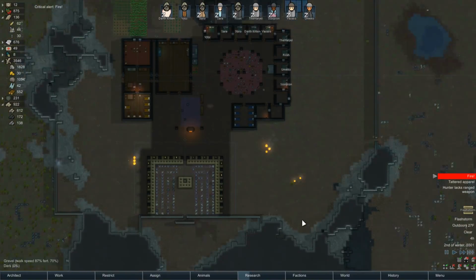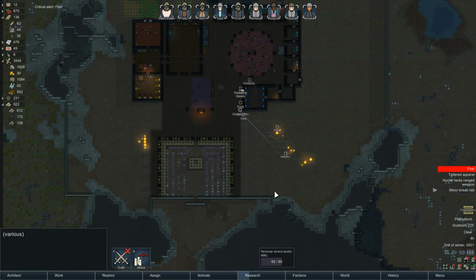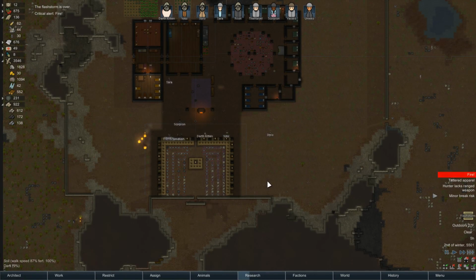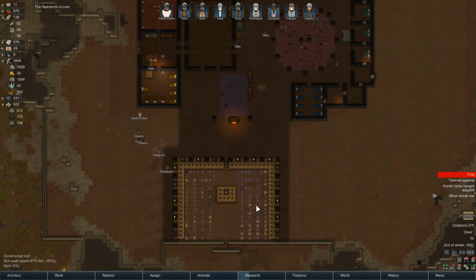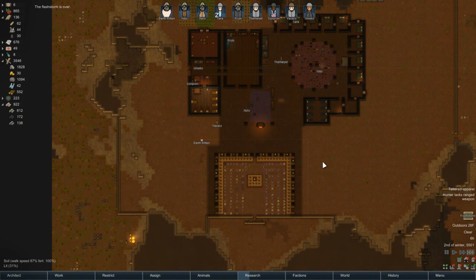And oh god, a flash storm. Flash storms are quite scary because it causes everything to suddenly go on fire. And I know the flash storms tend to focus on a certain area, so it seems like the area the flash storm is focusing on is right here. But yeah,